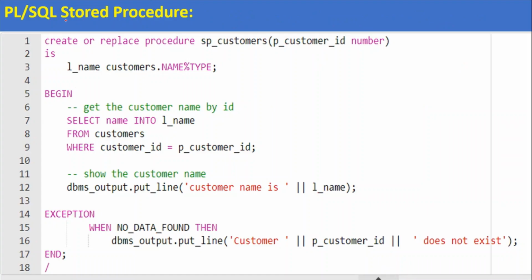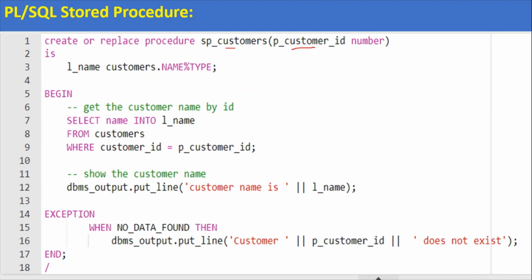Here is the Oracle PLSQL stored procedure. This procedure, SP_CUSTOMER, takes the input parameter customer ID and then displays the customer name.